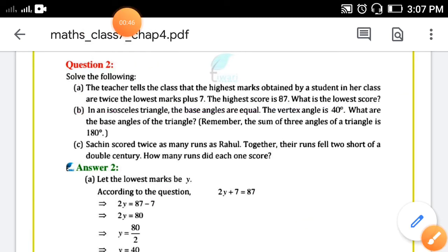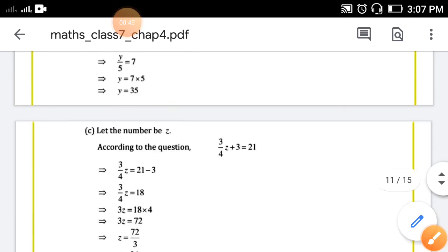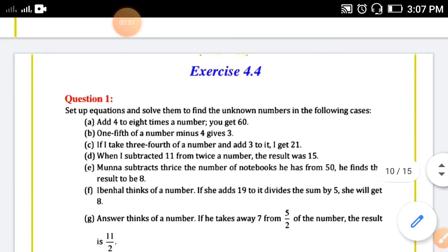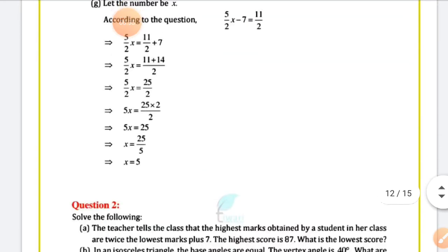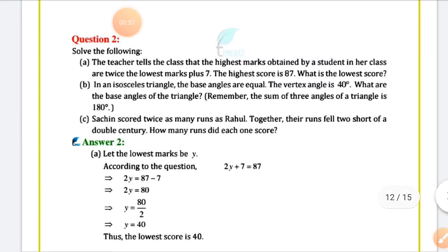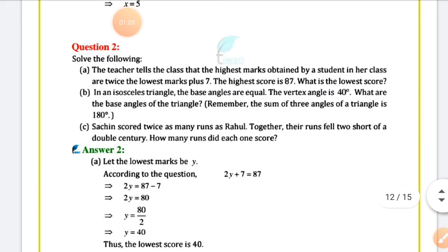in question number 1. Okay, you can see here questions, statements are given. From statements we have made the equation and we have solved it. And after making an equation, how to solve that equation, that also we have learned in previous exercise. I think last full exercise it was about solving different equations with different concepts. So it is same as the previous examples.